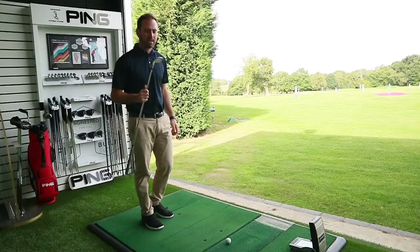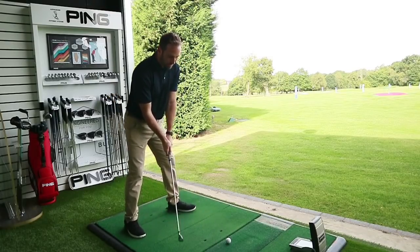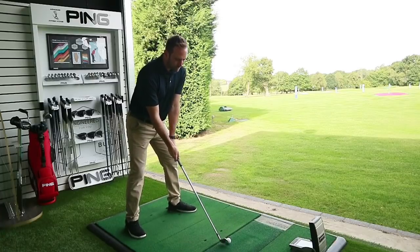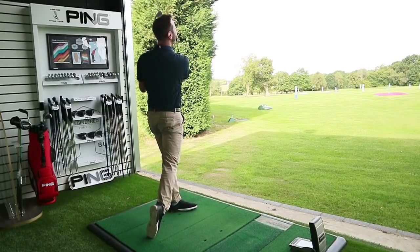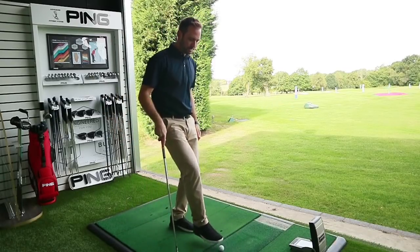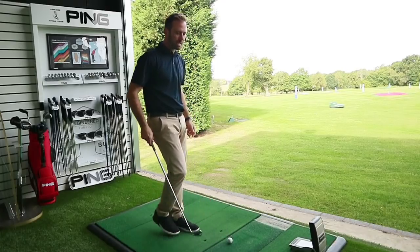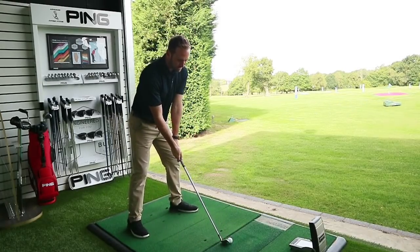Starting with the Titleist AP3, it's the first time I've tried this club. I think aesthetically it looks great, really appealing from the top view, and the first shot I hit, and the second shot, felt fantastic. It's got a funny little pitch coming off. I wouldn't say clunky off the face, but there's a noticeable pitch when I'm hitting it,